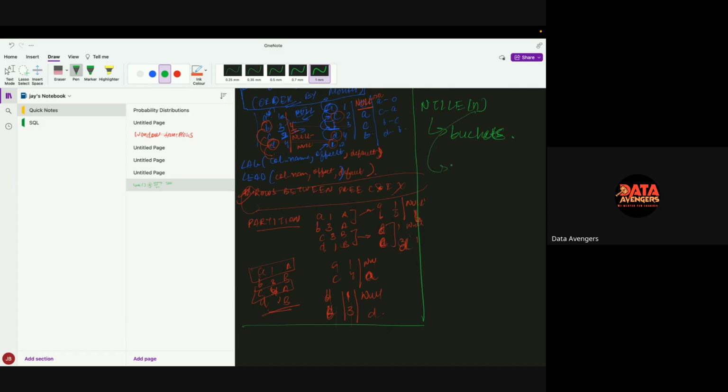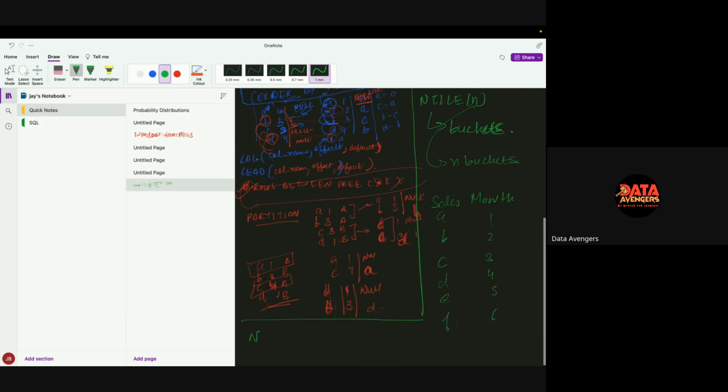How many buckets? N buckets. Clear? So ntile of 3, what will it do, let's say sales month. It will see how many months you have. Let's say there are A, B, C, and let's take 6 of them: 1, 2, 3, 4, 5, 6, D, F. So let's say there is ntile 3, you write ntile 3 over order by